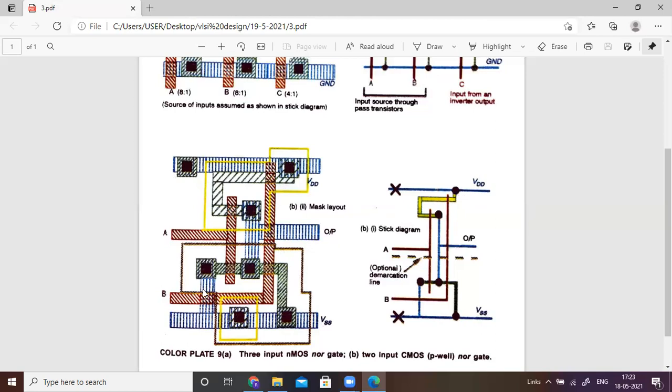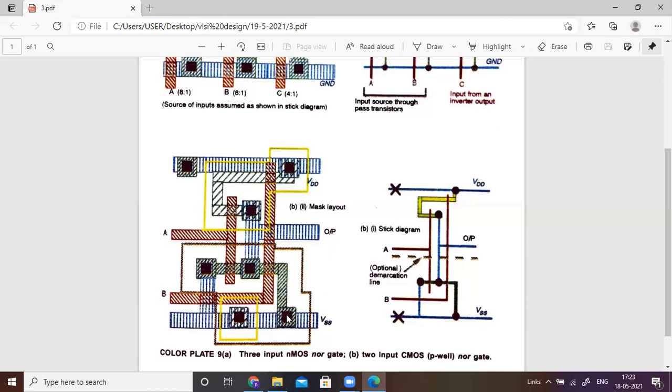Similarly, this is the metal one, the same metal one layer, which has 3 lambda width, and then a 2 lambda width. We take a blue color, a green color, and extend like this. So this is the green color for the N Thinox region. So extend the N Thinox region like this. Here we require a contact. The 4 into 4 lambda contact is placed like this, exactly at the center.